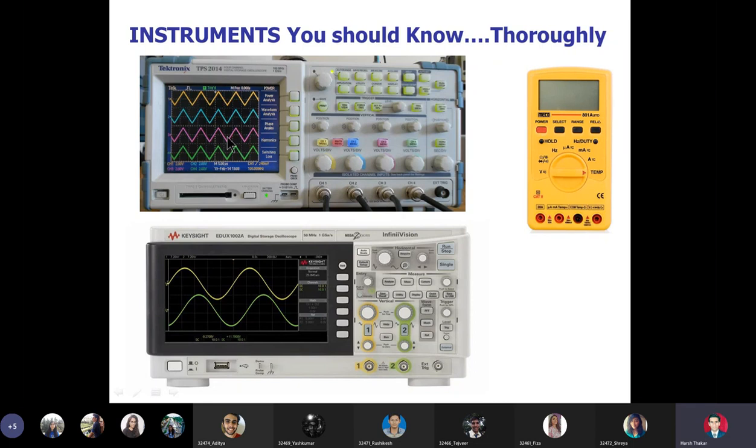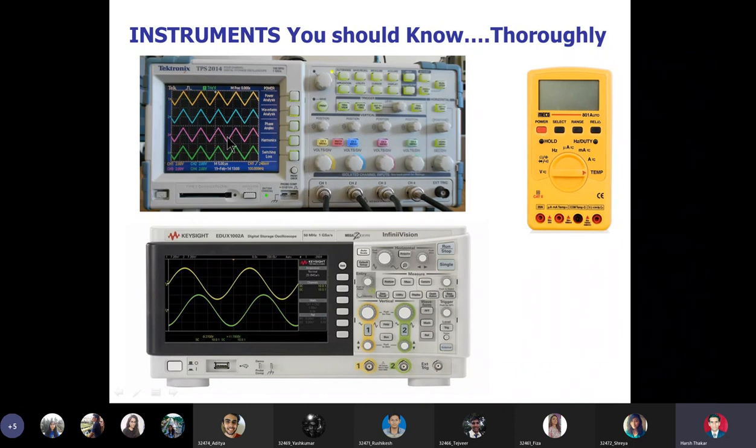So I assume that most of you have used the Tektronix oscilloscope in your second year, maybe in analog communication, I feel, in order to observe the baseband signal and the AM envelope, etc. So mostly students are aware of Tektronix oscilloscope and how to use the different knobs for different measurements. But this Keysight DSO is new to you, but no issue. We are there to teach you.